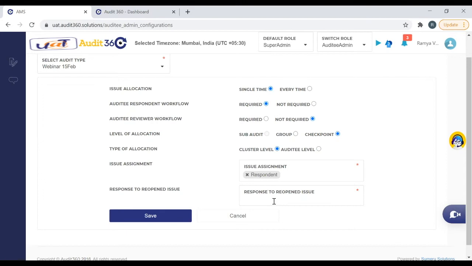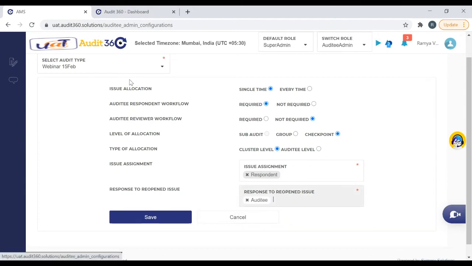So in the current scenario, what would happen once it is reopened, the last level, if it is an audit reviewer or audit user, would get those issues to their kitty and then they push it back to the respondent to rework, or they may have to work here. So here you can define if you would want to keep it at an audit. If you have an audit reviewer, it will also show audit reviewer here. So if I just click required, the audit reviewer also will come.